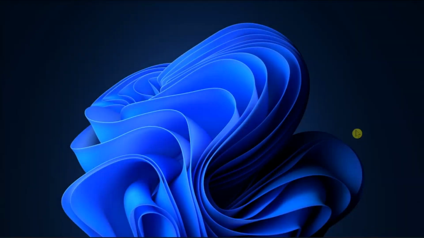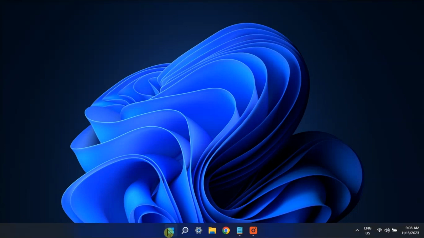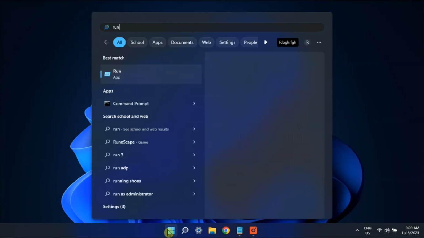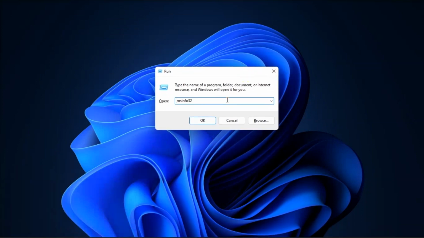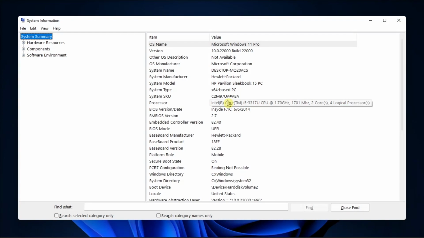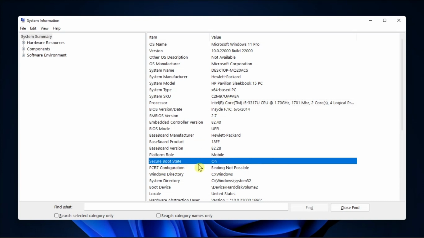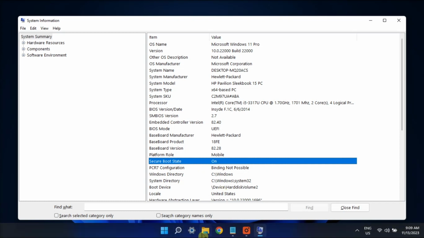Enable Secure Boot in the BIOS to ensure only trusted applications are installed. But if you encounter this error, resolve it by opening the Run dialog box, type in msinfo32, press Enter, then check for the status of the Secure Boot state in the system summary. Now if it is turned off, enable it through Settings,